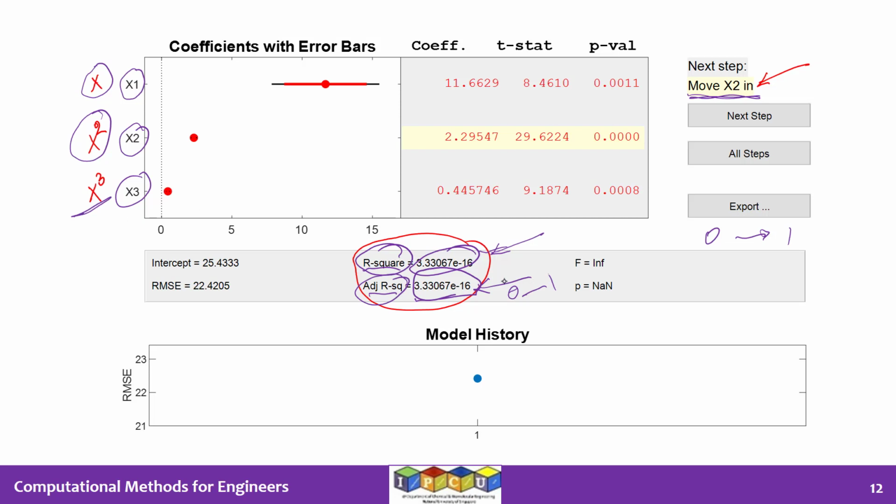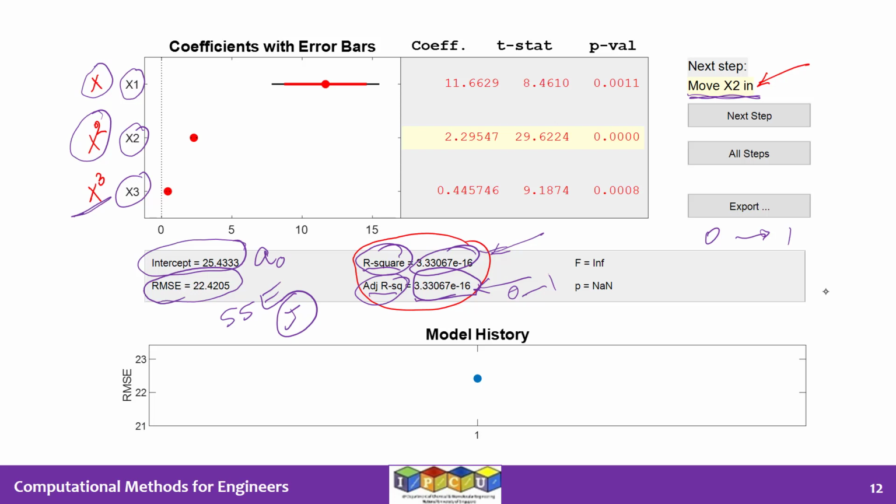So always try to take a look at these R squared and adjusted R squared values, with more importance to adjusted R squared. The other thing that you may want to look at is this intercept value. This is the A naught value, the constant term in the model. We also want to look for the RMSE value. This RMSE value is related to the sum of squared errors. Remember the symbol J that we were trying to minimize? So this RMSE is root mean squared error.